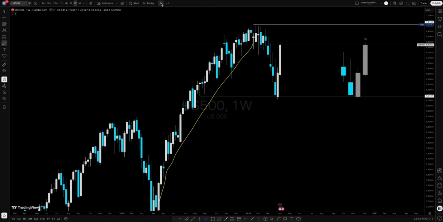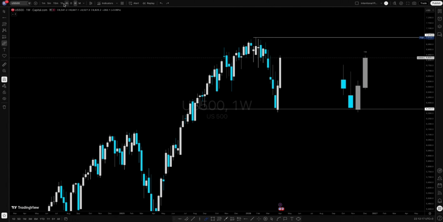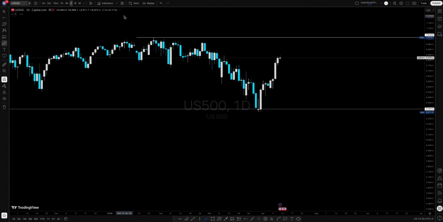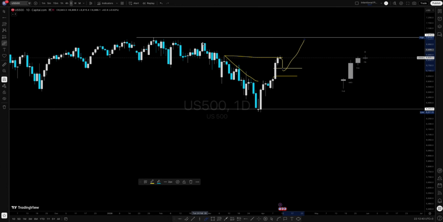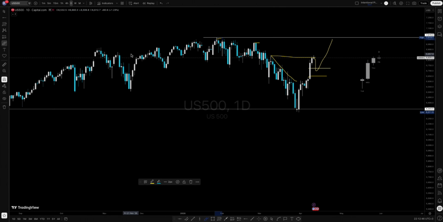US 500. So in terms of entry, we got down to daily time frame. You can clearly see that we are creating new highs while clearing liquidity from these old highs. So right now we have cleared this high. I need to see some reaction into this fair value gap here, and then a bounce off towards clearing these old highs here. But in terms of liquidity, there is still liquidity to push price higher. So that is what I am looking at